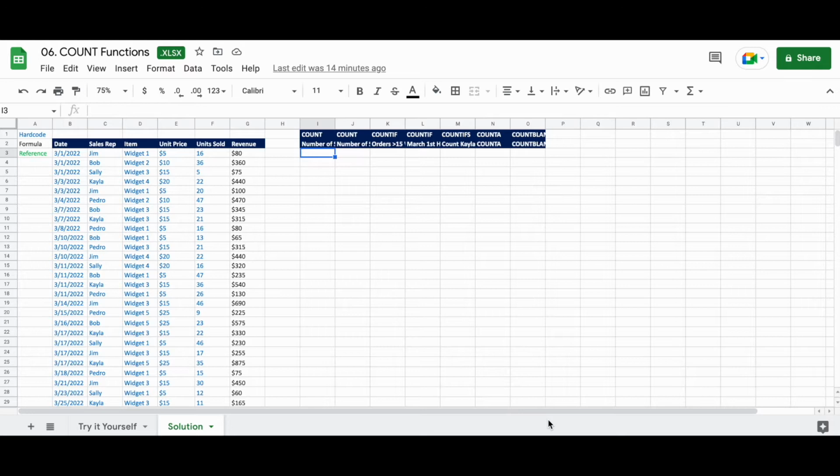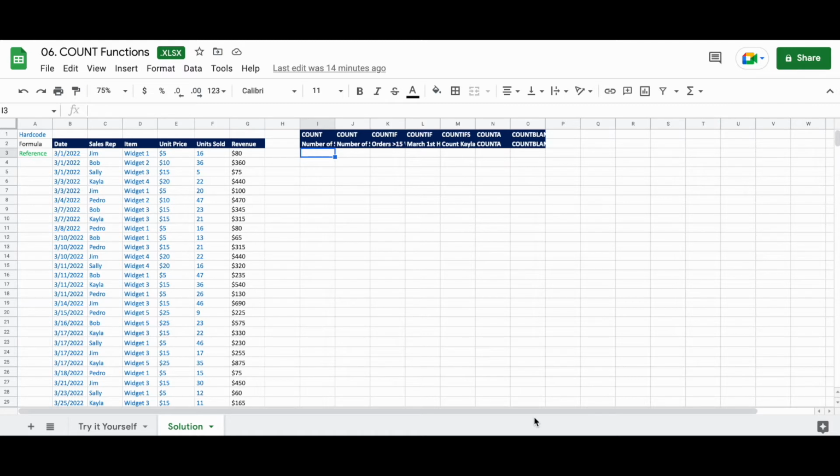First, we are going to try the COUNT function. The COUNT function only works on numbers, dates, or numbers stored as text, which is just a number with a quotation around it. Let's say you are asked to report on the number of sales made in March. If you think back to session 2, you could go through and count how many cells are there, or highlight the range and use the status bar, or you can use the COUNT function.